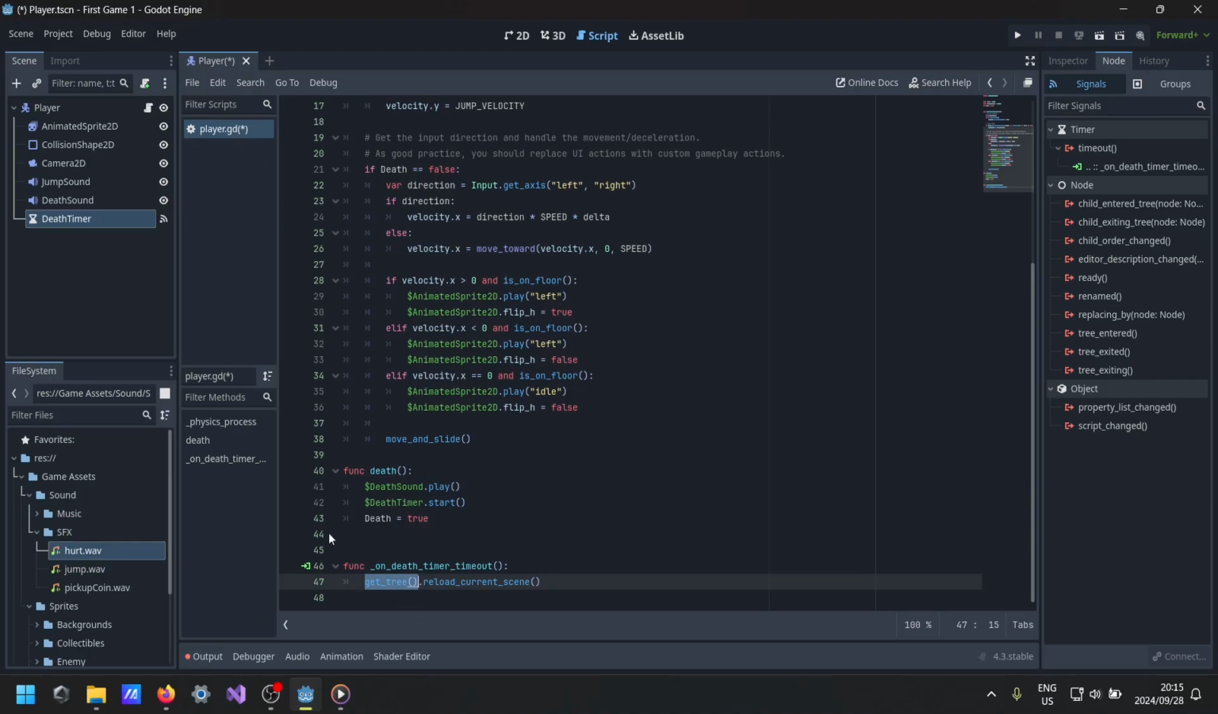Get tree gets the parent node, the highest node of all the scenes and nodes in a scene. And dot reload current scene basically means we reset all the values to the starting values. All right. Now, that is almost all we have to do for the player. All we have to do now is add the player to a scene group. All this does is allow us to access any of the player's scene methods from other nodes and scripts within our game, which will be useful later, so that we can actually